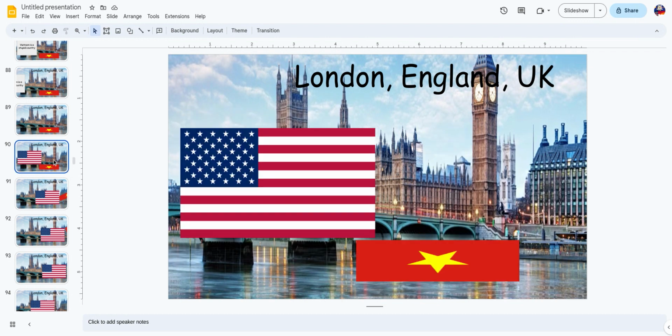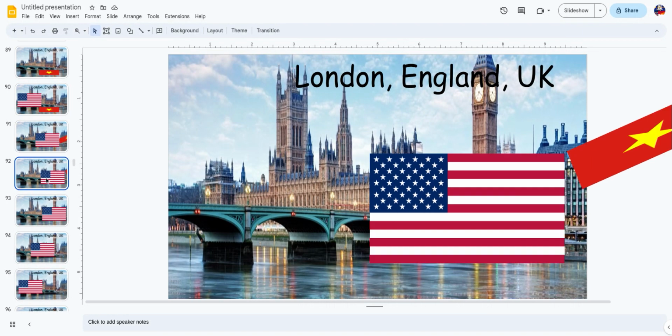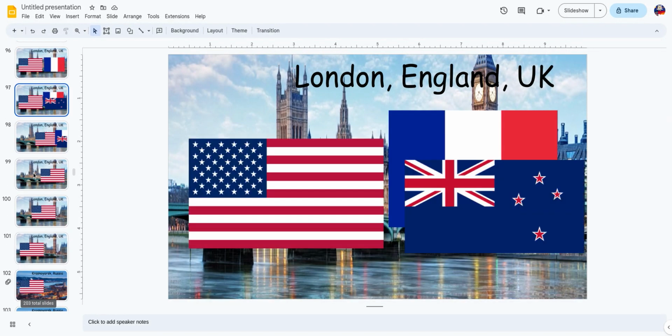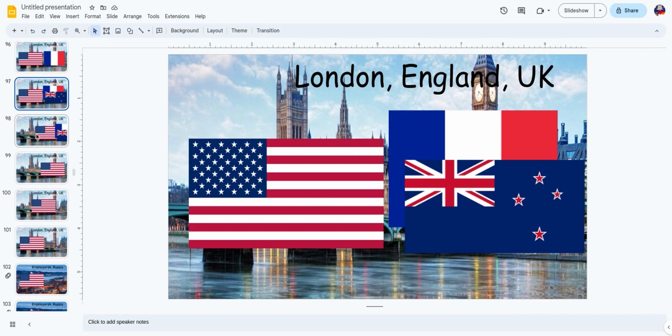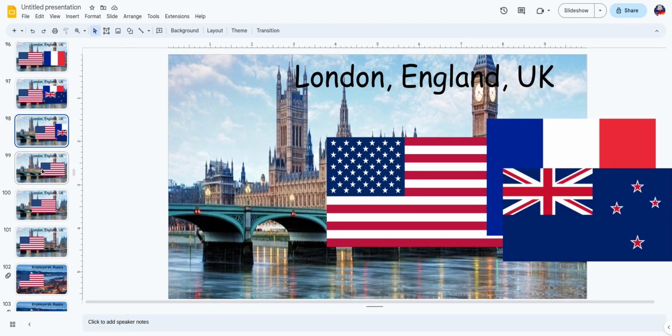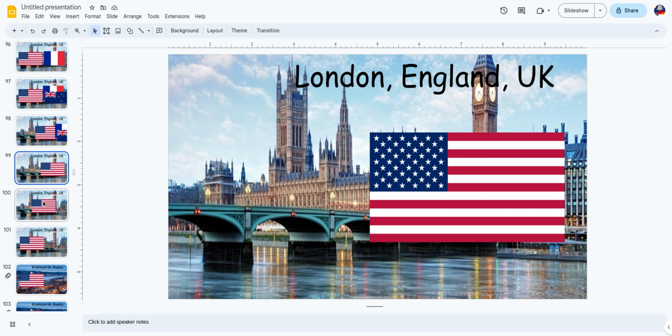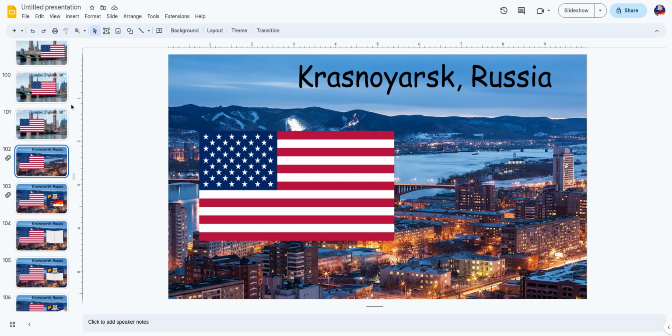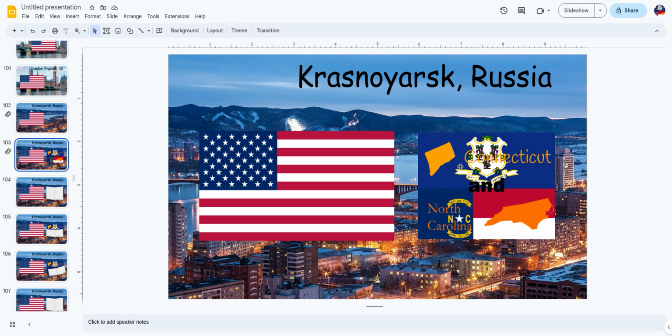And also, I made USA get rid of Vietnam, and of course made France and New Zealand go away. I made a transition for when USA teleports to a random location, and I added myself in slide 103.